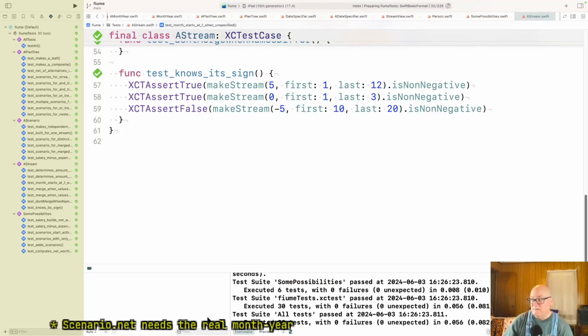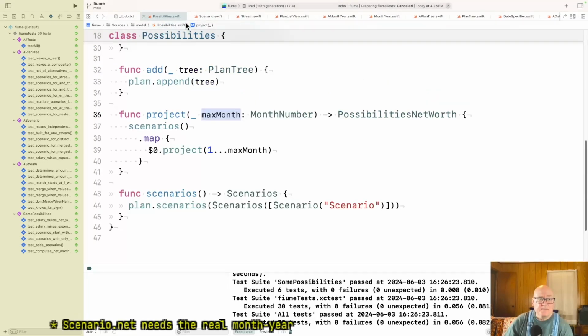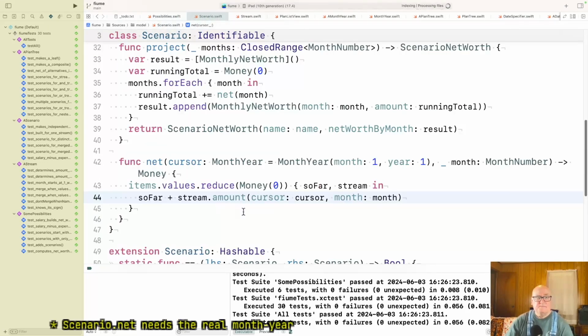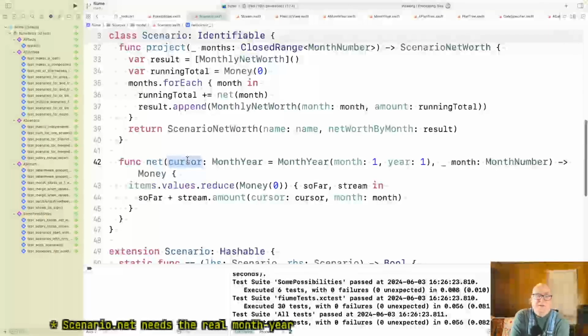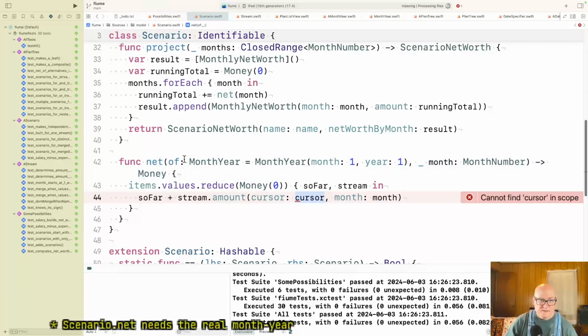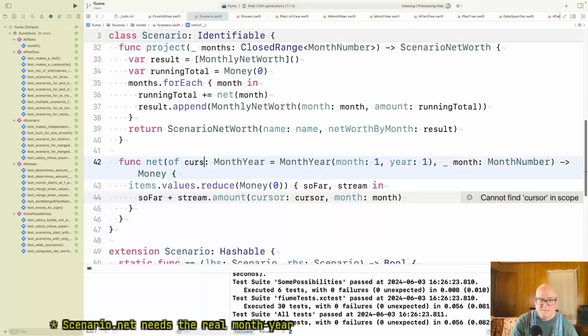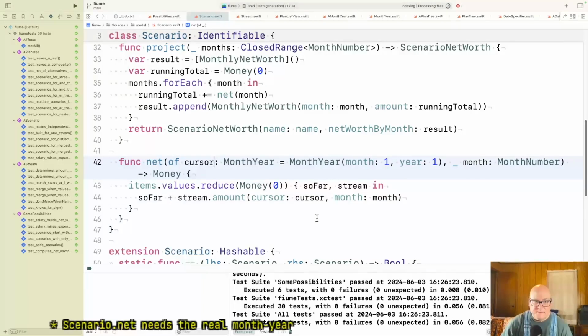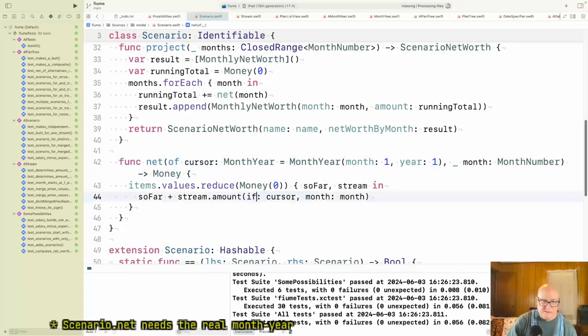People use of. Maybe that would be better. Let's try that. Oh, come on. Is that a reserved word too? Of cursor. Let's make this one of.